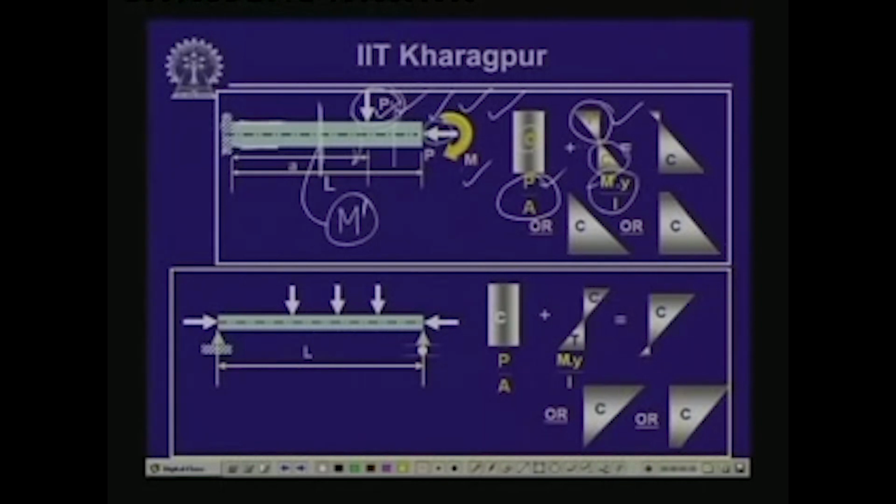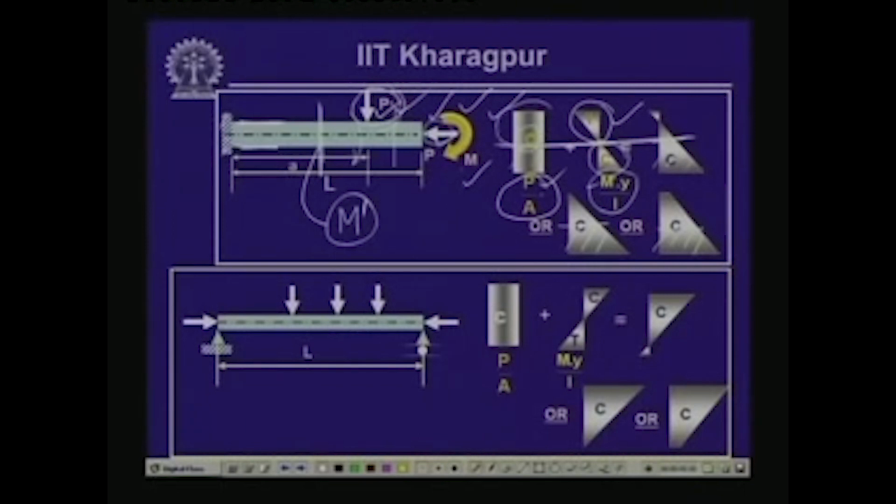Now if I draw a line through the neutral axis, below the neutral axis the member is always under compression, under the action of axial load and under the action of bending. Both are subjected to compressive stresses, and thereby below the neutral axis you will always find compressive stresses. But at the top there could be different situations, like P by A, the direct normal